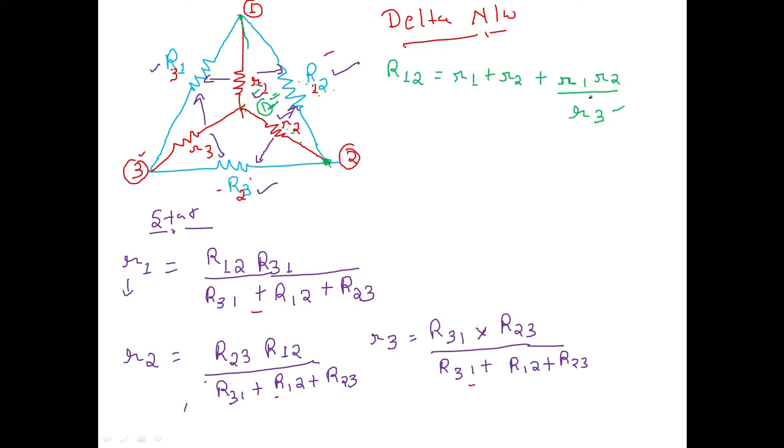In the similar way, how to find the value of R23? Now on this R23 we have to find. So we'll see this triangle, or this loop. How to find this R23? R2 plus R3, we will do the addition, and then another time we will do multiplication. This R2 is multiplied by this R3, upon what is not present over here, that is R1.